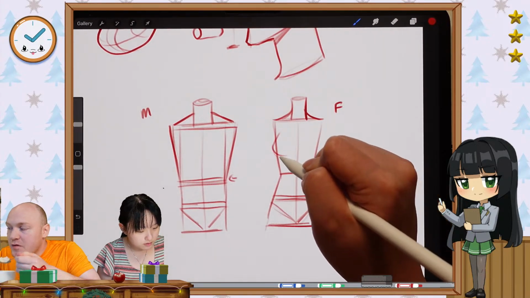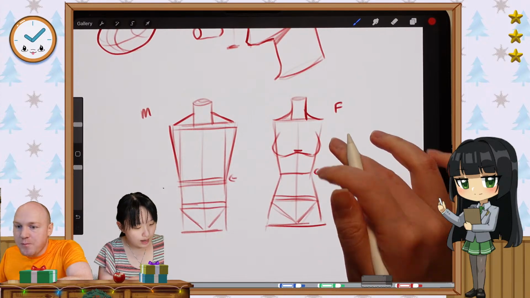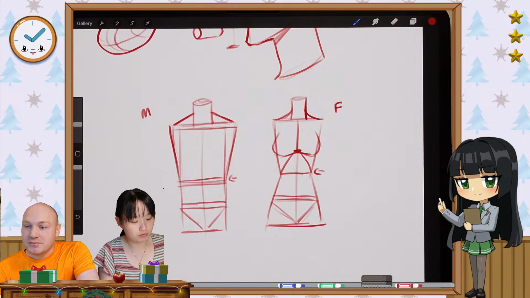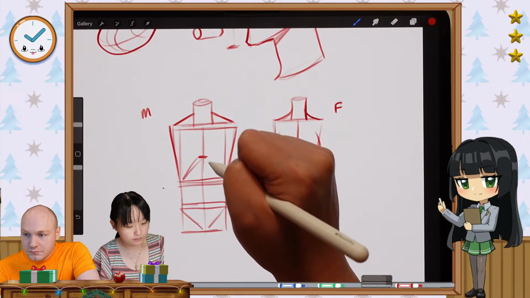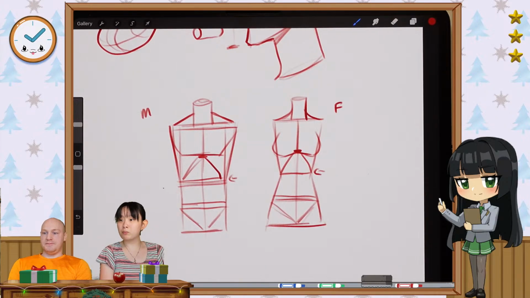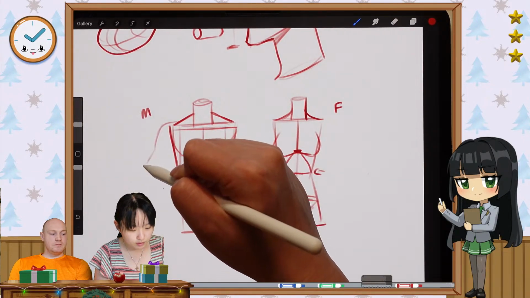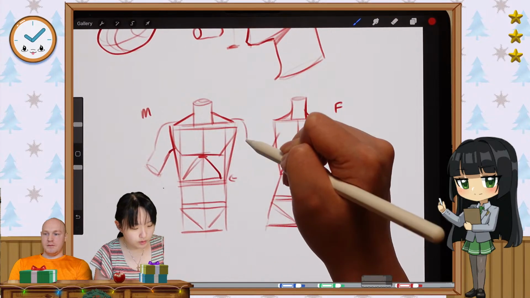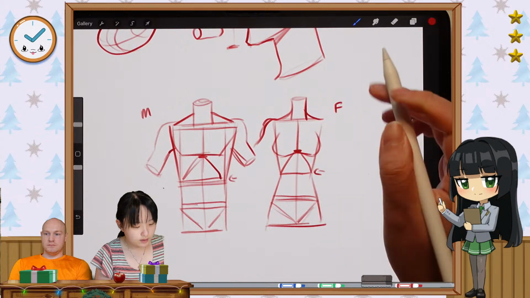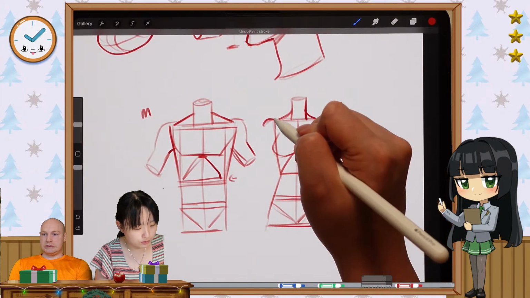Girls also have breasts, so we can just draw that in. I make sure to not have it hang super low, but this is where the sternum is, right here. And there's the opening of the rib cage. And if you know this, you know the proportions, you can draw any type of body type. It just takes a bit of adjusting. Here's the deltoid and the shoulders and the arm. The shoulders tend to start almost immediately from this point right here, the end of the clavicle.